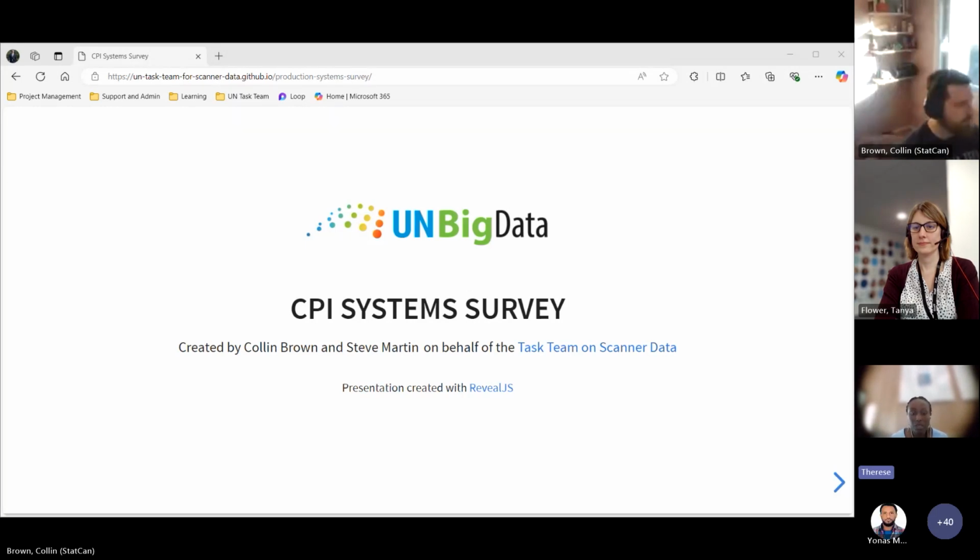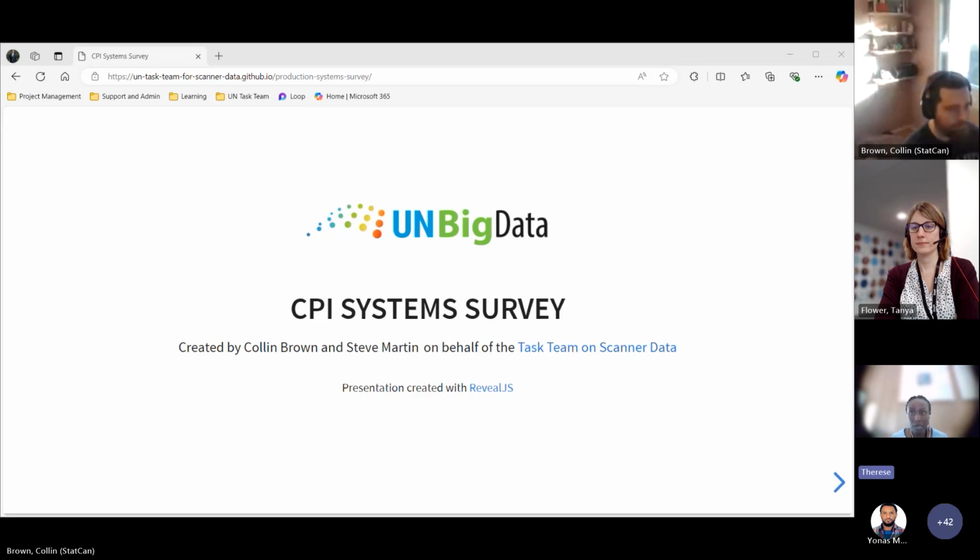So before they start, maybe for the interest of those who don't know, the UN Regional Hub for Big Data and Data Science for Africa has a mission to support African statistics offices to effectively use alternative data sources to apply appropriate data tools and techniques for providing credible and insightful statistics.